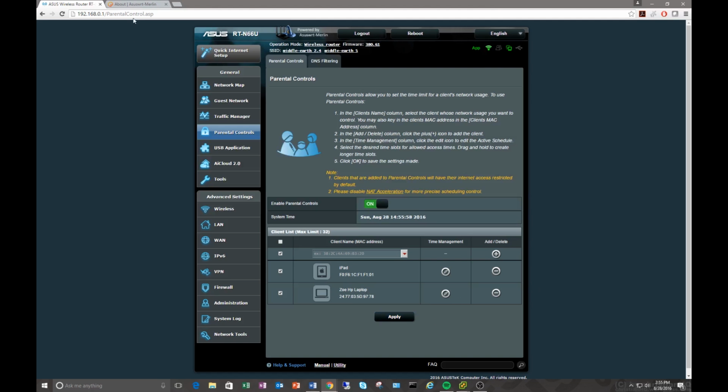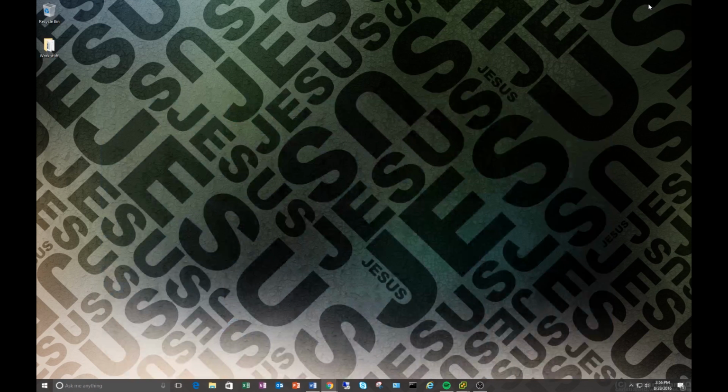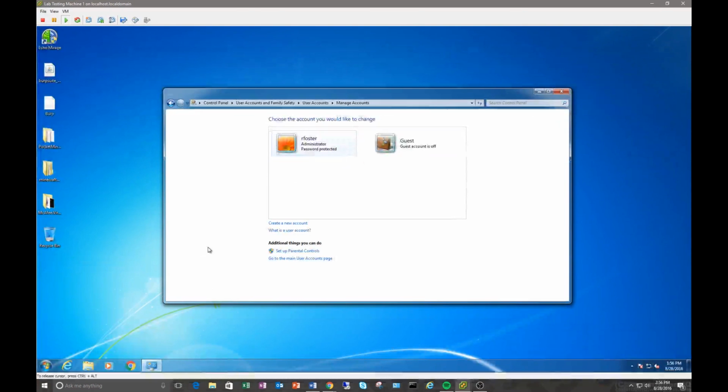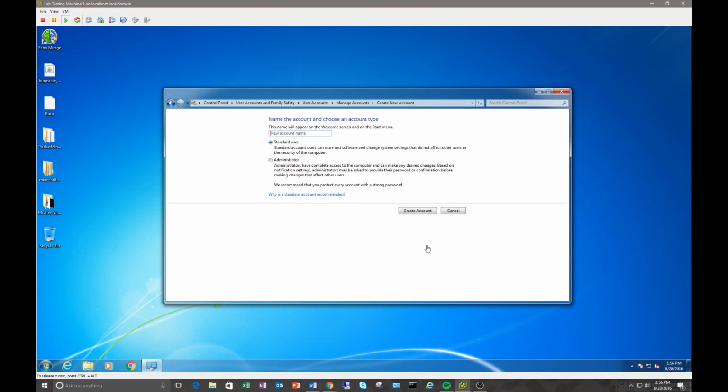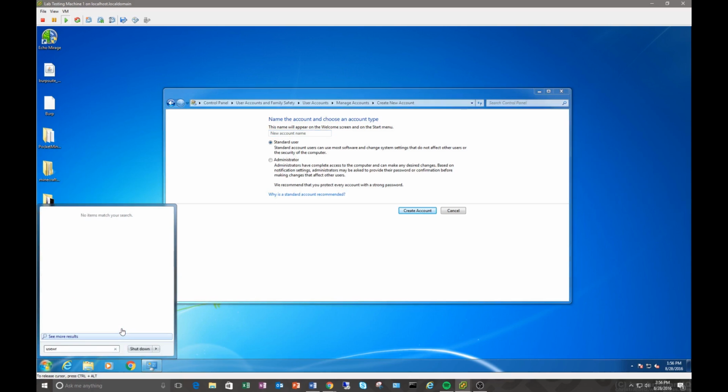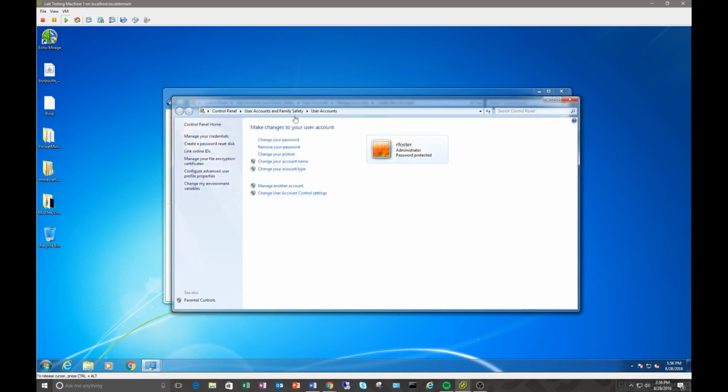Now, let's look at some ways to do this in Windows. So I don't know which version of Windows you're running, but if you're running Windows 7, 8, 8.1, this all works the same way. And if you're running those, we're going to create a new account. Now this is going to be a standard user. To create an account, we're just going to go here to the search area and say user. And you'll see I have user accounts. So I can click on that, it'll bring this up,